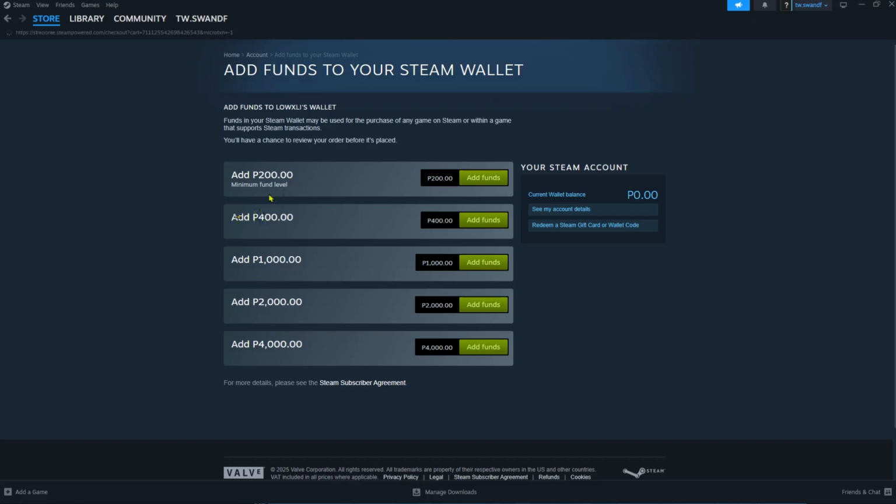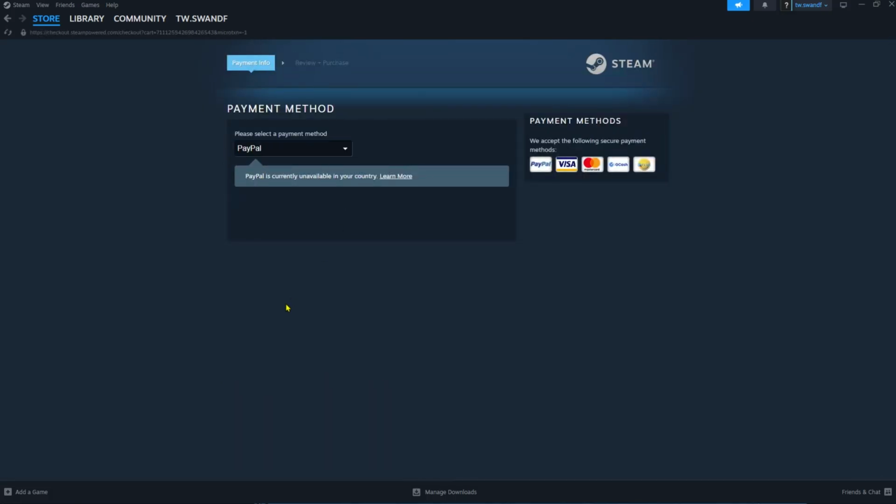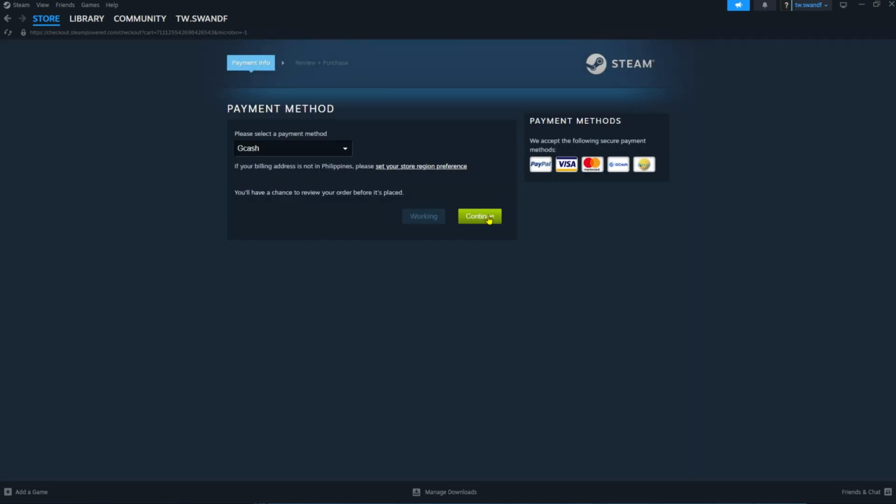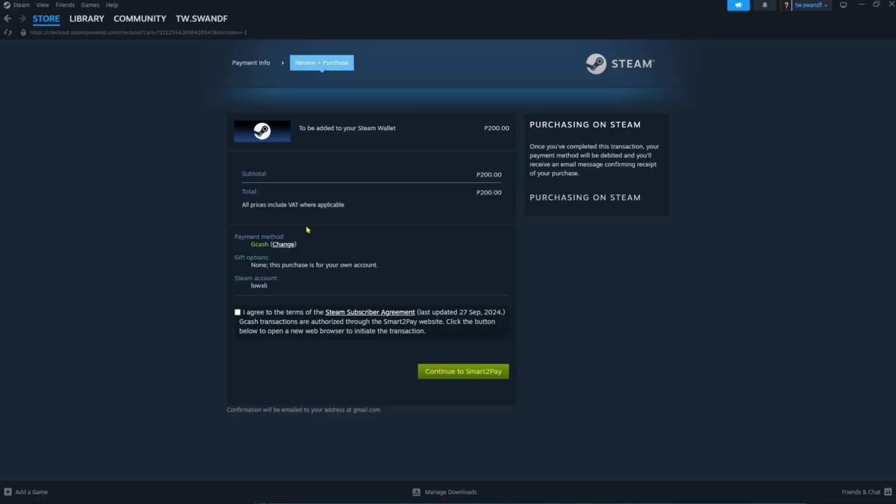And let's say, for example, we want to add some 200, and then there will be a payment method. So you just want to click on that, and there's GCash option right there. After that, you want to set your store region preference. So you want to continue, and then it will let you agree to the terms and go to Smart